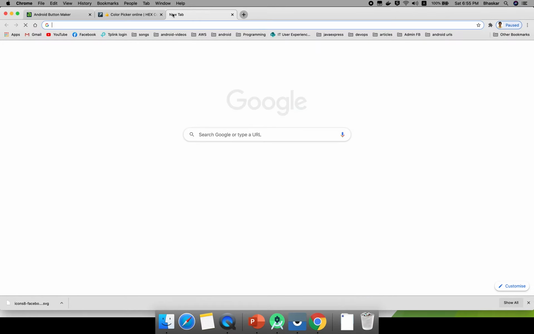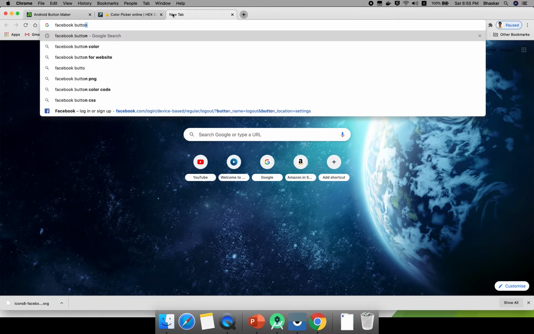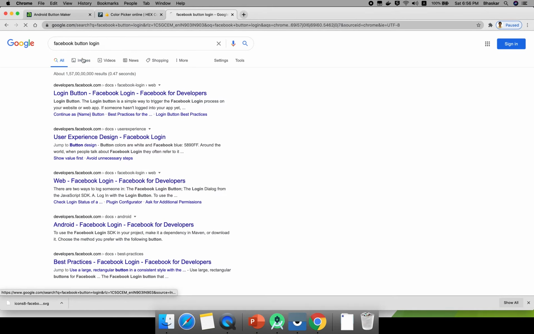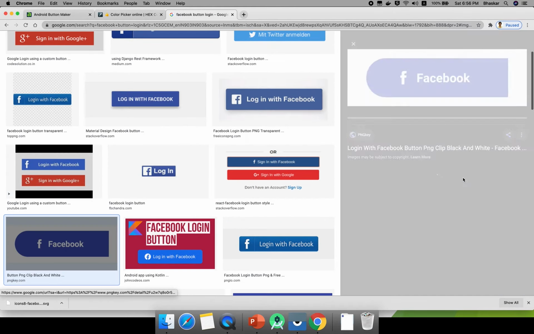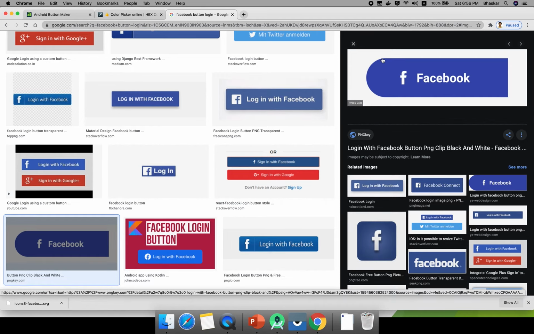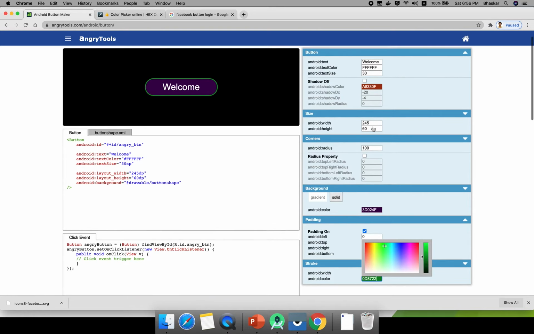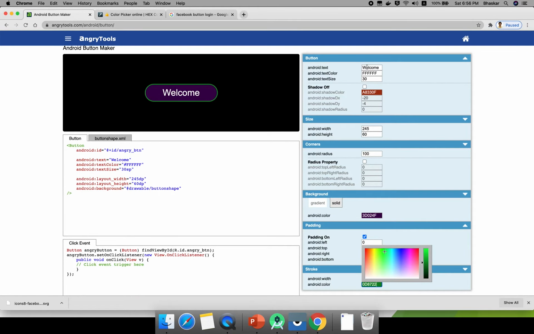When I say Facebook login button, when I make it here, go for images. You have different types of images. This is one of the icons. If you observe here what they are doing, they mention only the top and the bottom, but the right side is not there. If you want to design that way, how do I need to design it? Go here. First, this is my Facebook, right? I will make it a Facebook.